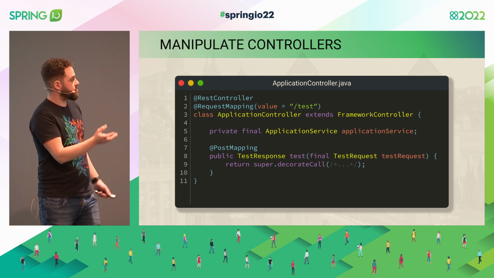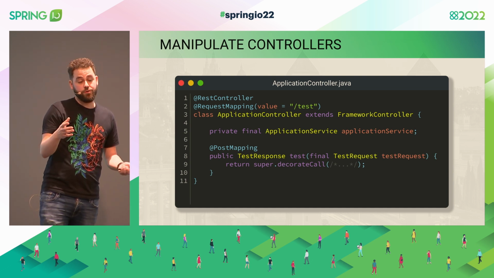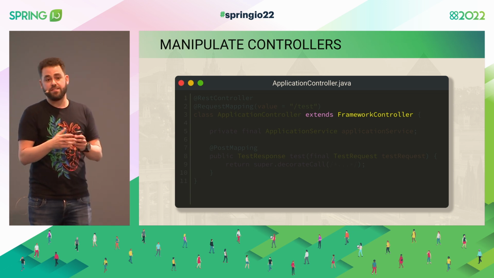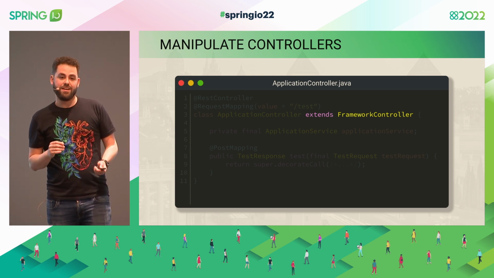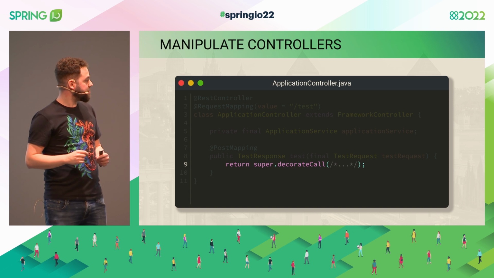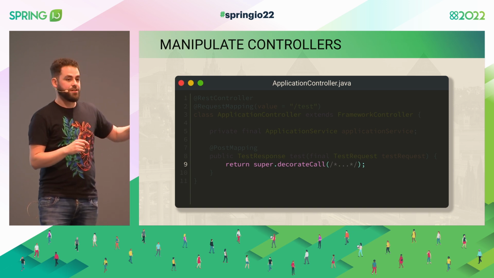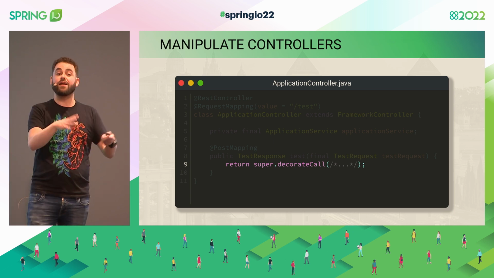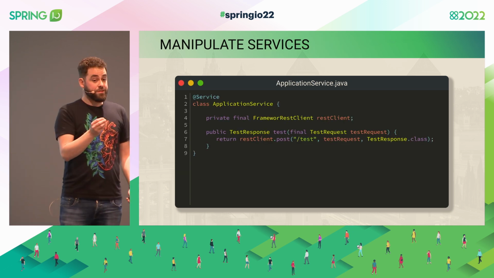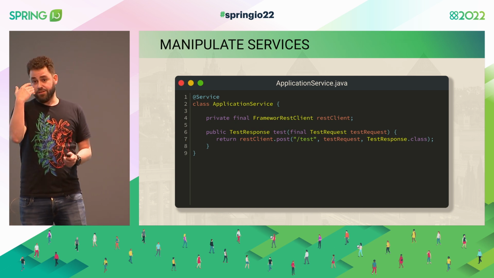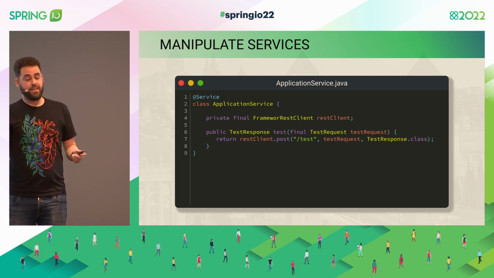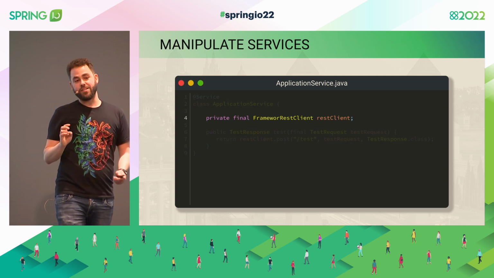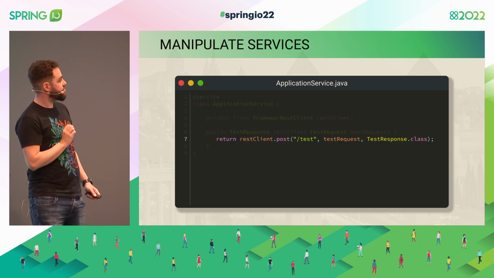So we were doing something like we would have our own classes on the framework, and we would say, OK, kindly, when you create your application controller, just make sure it extends our framework controller. And then instead of just directly going to the service layer, please do it through this decorator method on the superclass. So you are going to use our class to decorate, and we can add all the stuff there. When communicating from our service to another service, it would be exactly the same idea. Instead of just using web client or REST template, just inject our framework REST client. It's similar, you just have to use it for this.